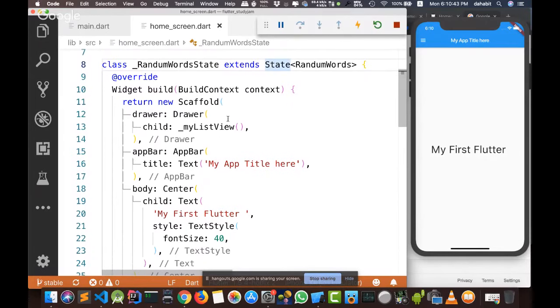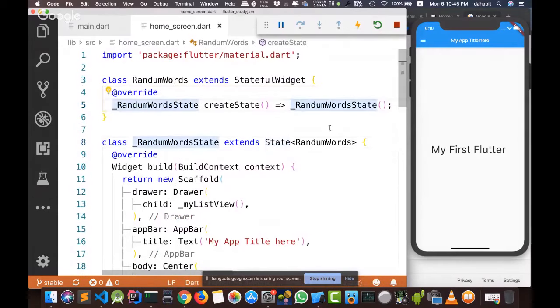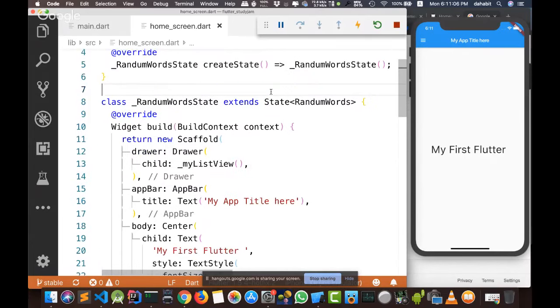For now, it's better to start with a stateless widget, because the stateless widget will not take the same amount of memory and there is no state for it, until you find yourself wanting to display some dynamic data, or you want to add some stateful elements inside your application. Then you can convert this stateless widget to a stateful widget.